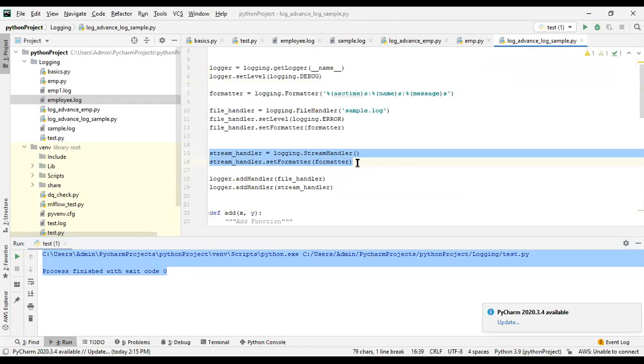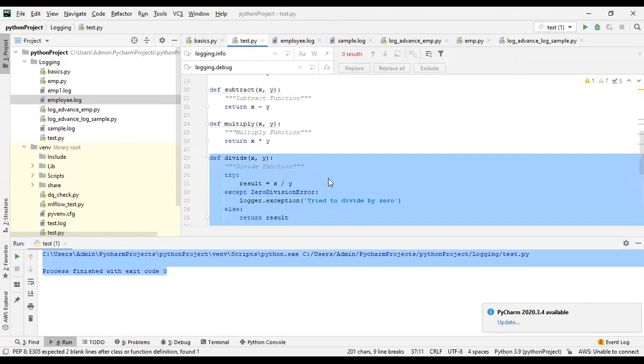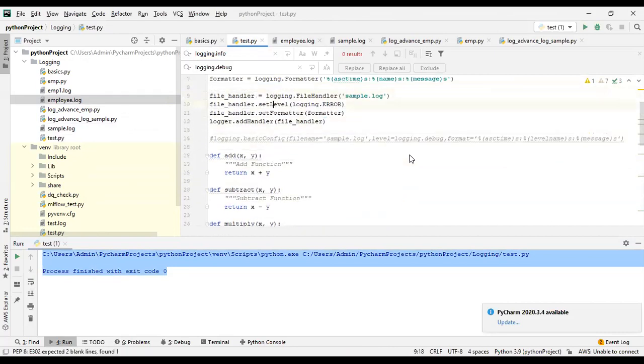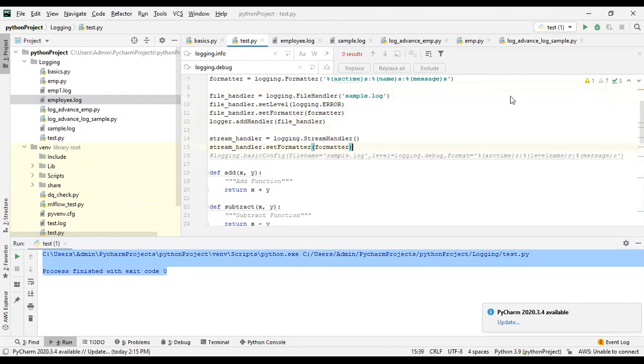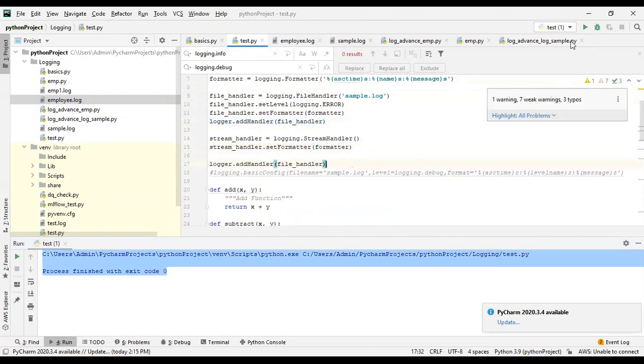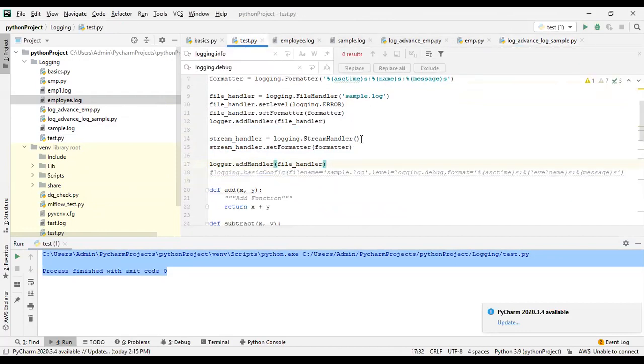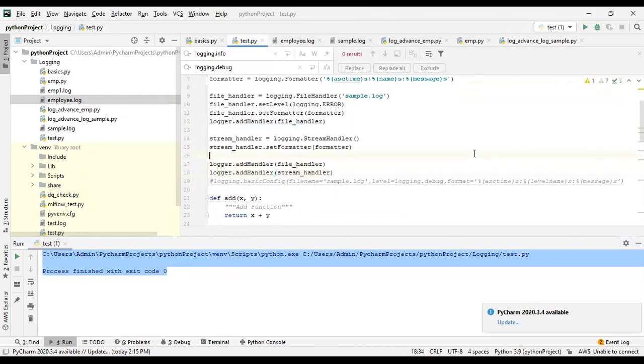So you have to add this stream handler into your logging information, and then call it again, so that you will be able to log the same information into the log file and the console as well.